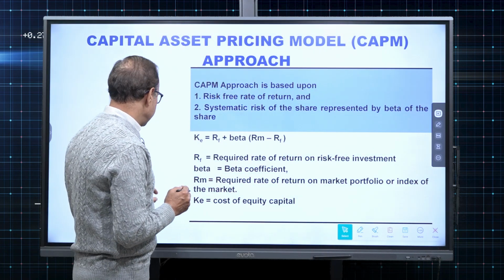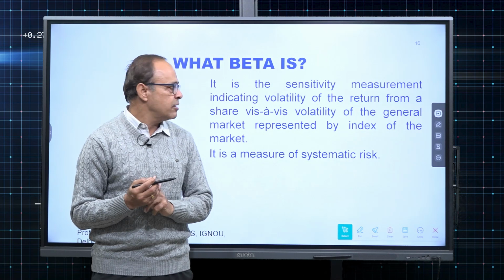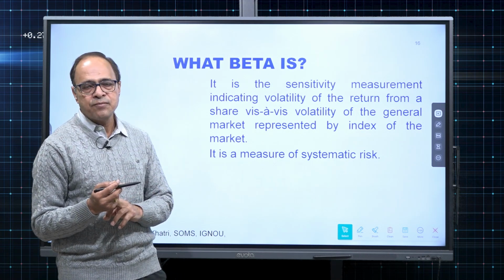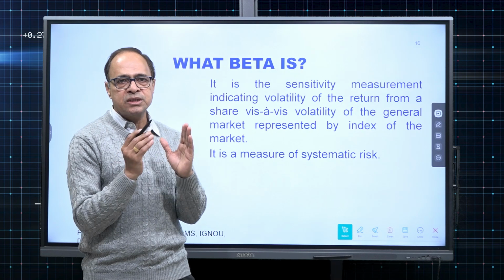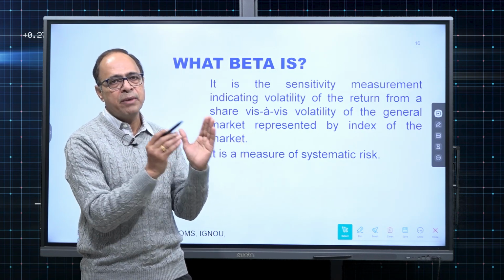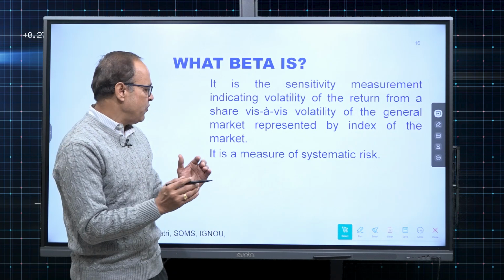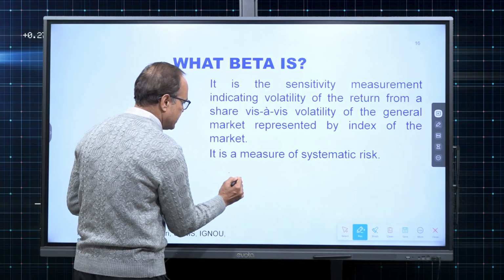Now what beta is? It is the sensitivity measurement which tells us the volatility of the return from a particular share towards given volatility of general market index or market portfolio. That means if I say beta of a particular share is 1.75,